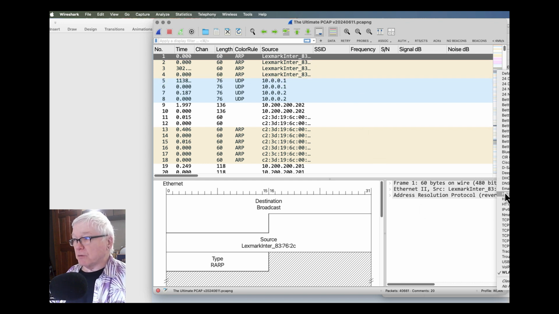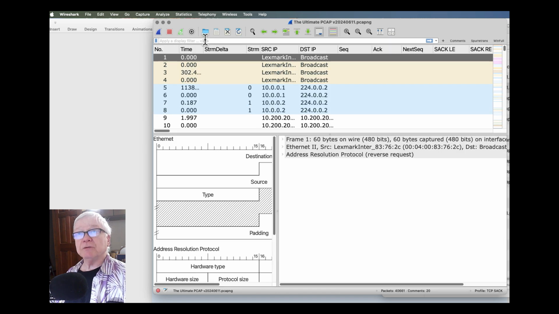And when I'm looking for selective acknowledgement information or selective acknowledgement problems, I can use my TCP SACK profile, which then has buttons for what I'm looking for.